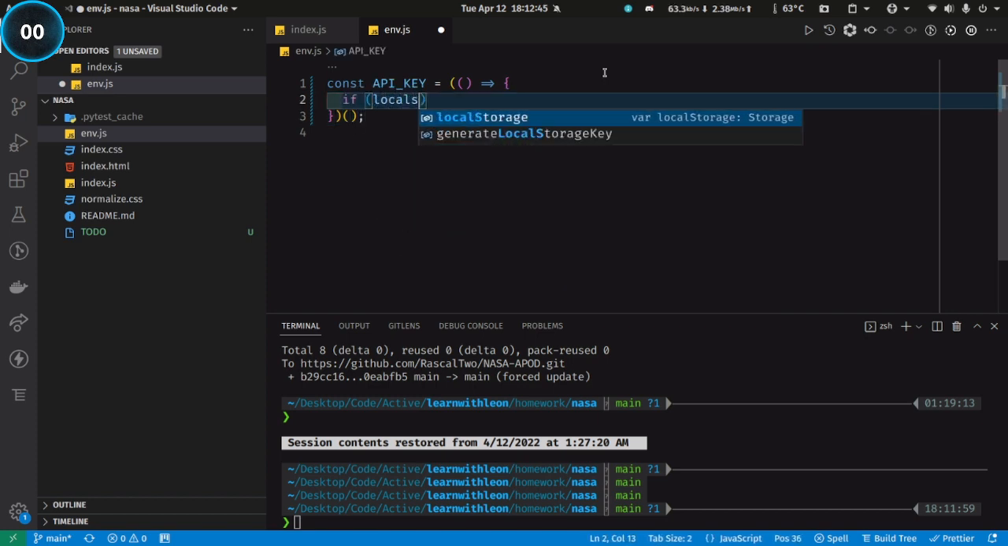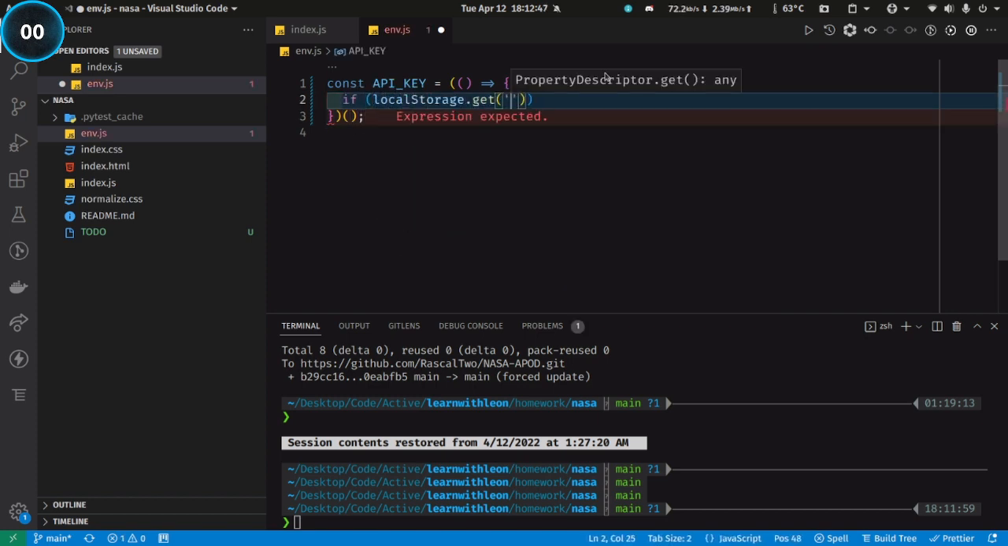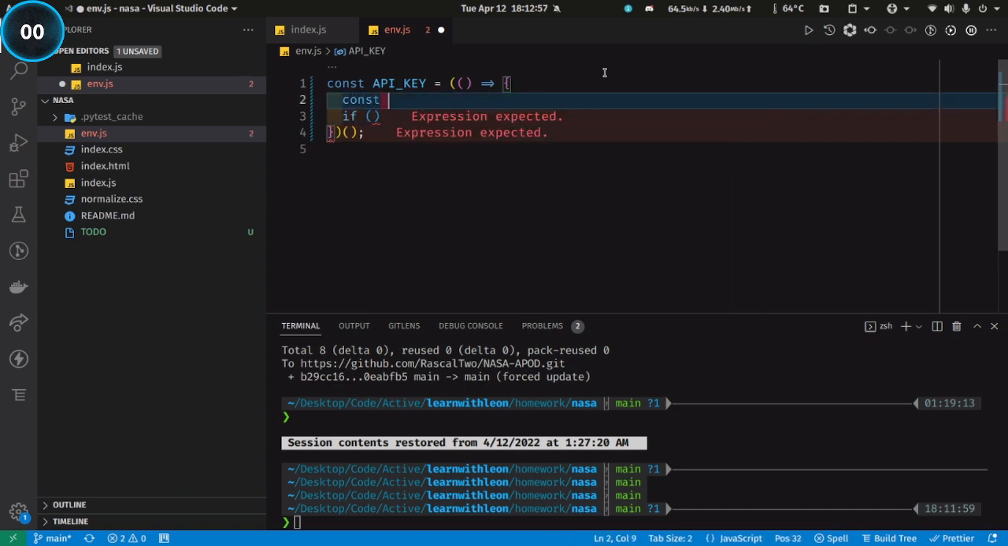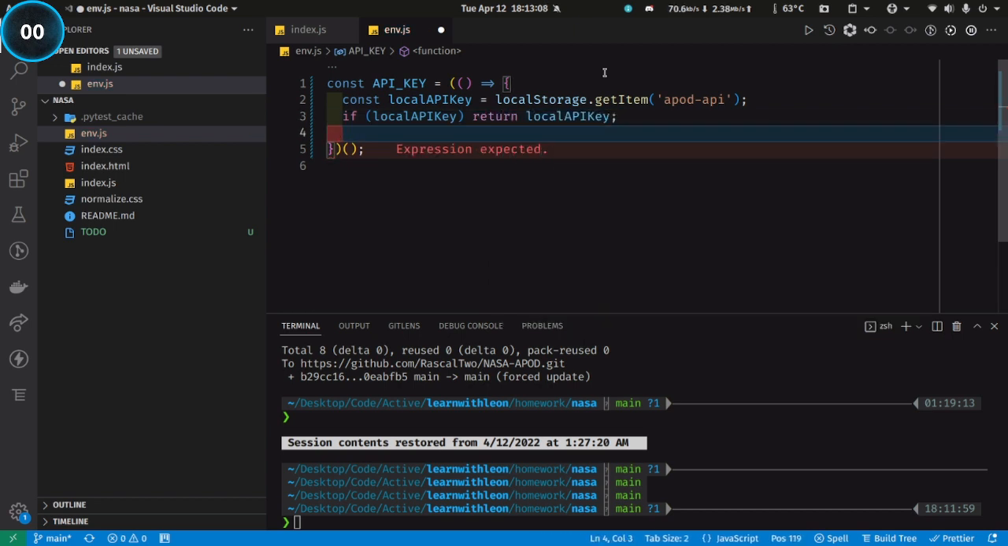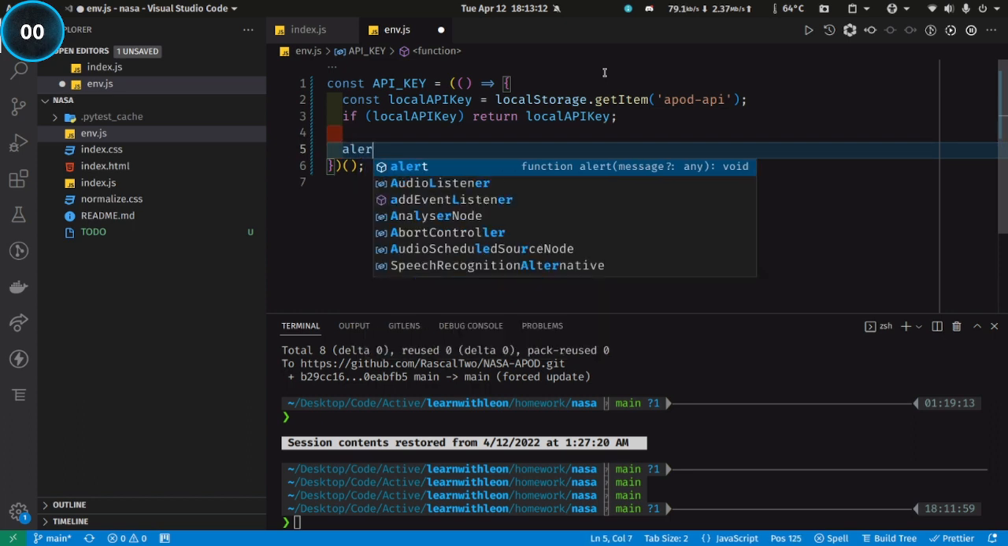If local storage.get a pod API. Well, it's get item, isn't it? Get item, yes it is. So const local API key equals here. If local API key, return local API key. So if it's saved to local storage, happy day, we use that. Otherwise, we will alert,